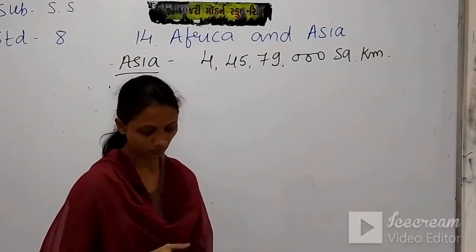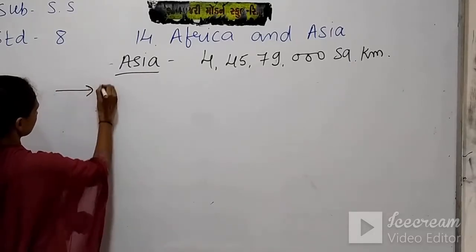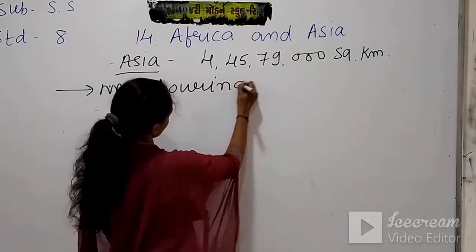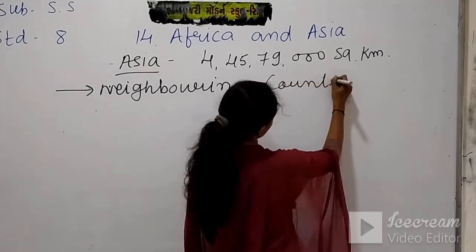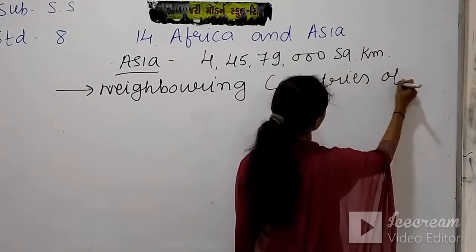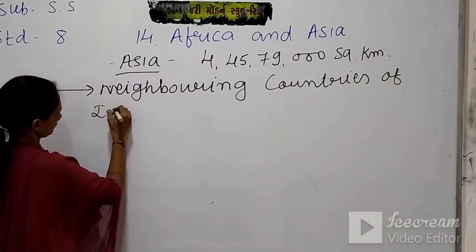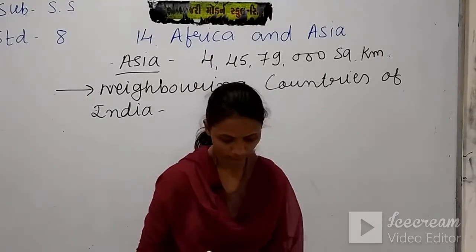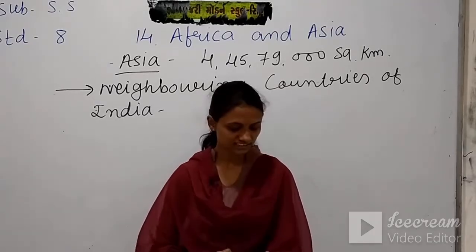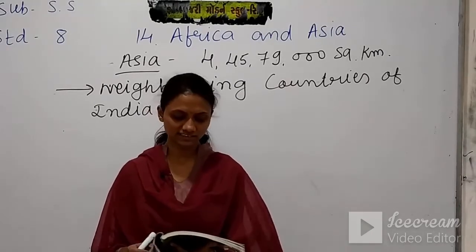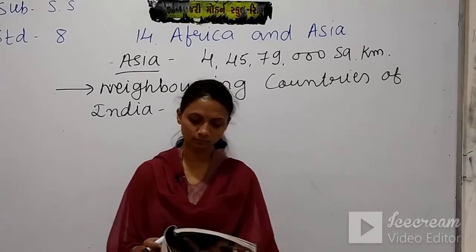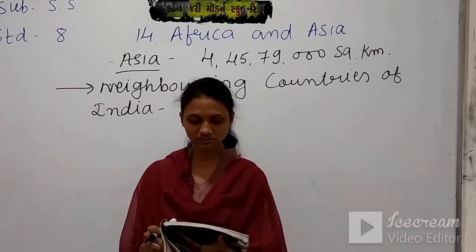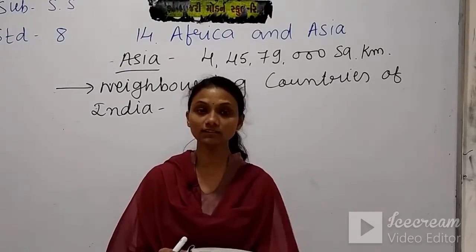Okay, these are our neighboring countries of India, and the neighboring countries are Pakistan, Bangladesh, Nepal, Bhutan, Sri Lanka and Myanmar. Let's see about this. The group of countries, that is India, Pakistan, Bangladesh, Nepal, Bhutan, Myanmar and Sri Lanka, is known as the Indian subcontinent. Its strategic and geographical location stands distinctively in Asia.